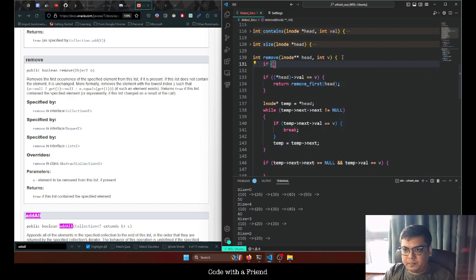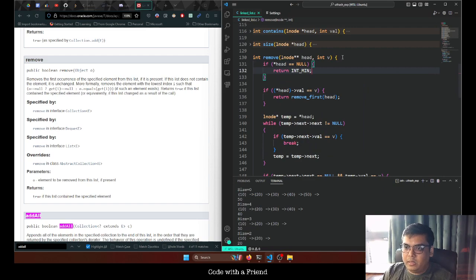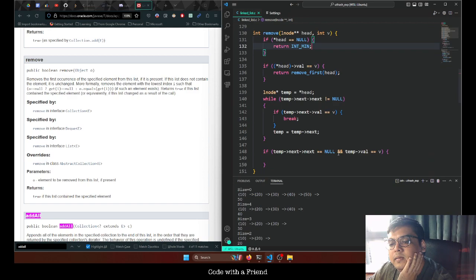If there is no element, then we should return like int min. So 0 element, 1 element. Now I think there is at least 2 elements here, and the second element could be the case of, if more than 2 elements, then it could be like second or any other element. So if the second element is the value,